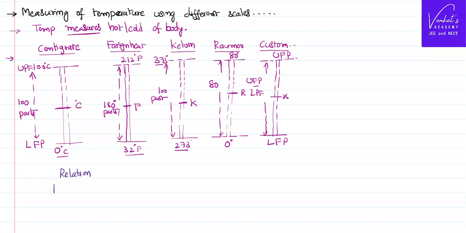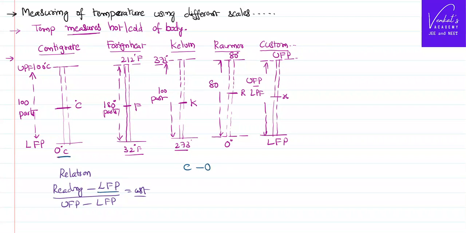Reading that whatever you are measuring minus lower fixed point, divided by upper fixed point minus lower fixed point, is constant in different scales. Do you understand what's the meaning of that? Let me write an equation so that you can actually understand. Say in the case of the centigrade scale, let you call that reading as C minus lower fixing point of